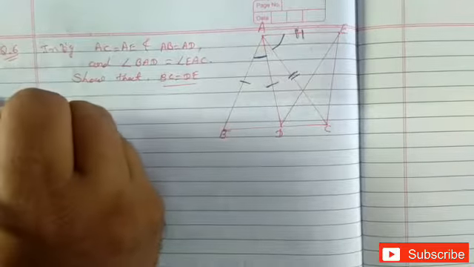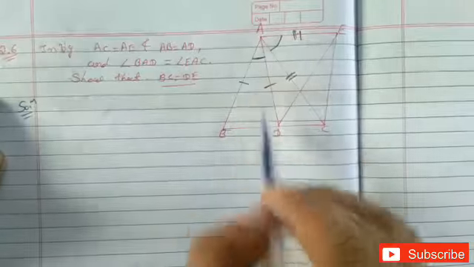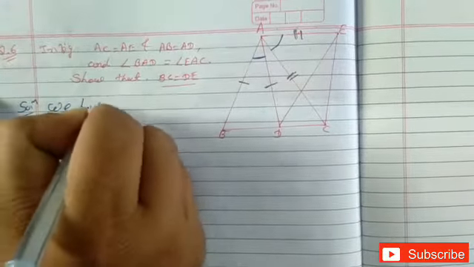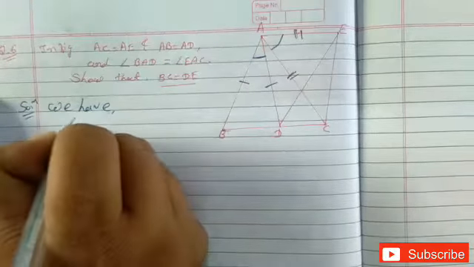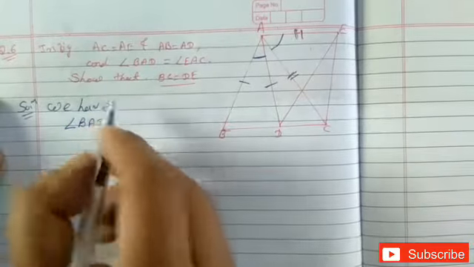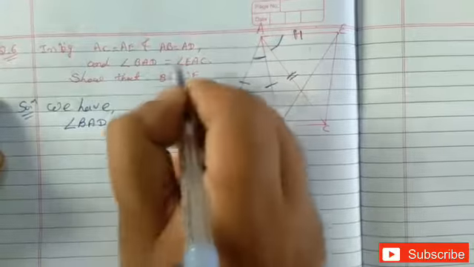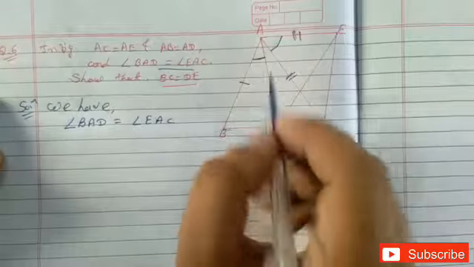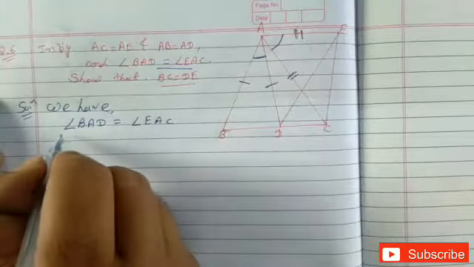First, we are going to show that this angle BAC and DAE both are equal. How? Look at here. We have first BAD is equal to angle of EAC, okay, this one. Now if I add angle of DAC on both sides, okay, what will happen?